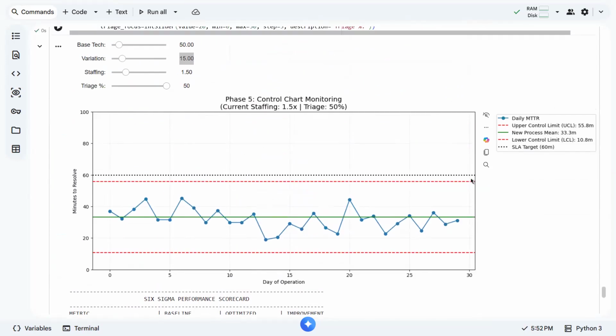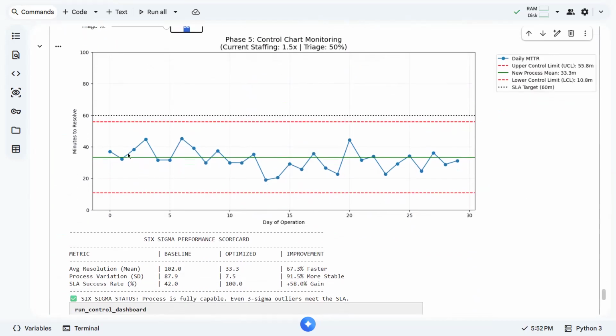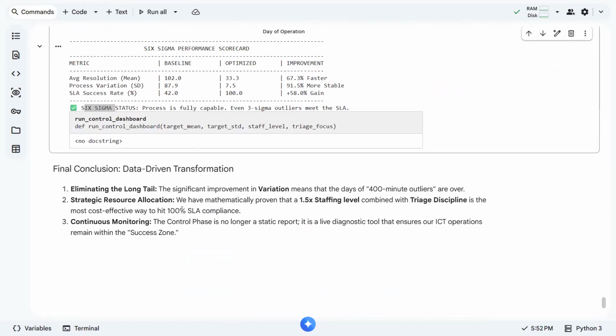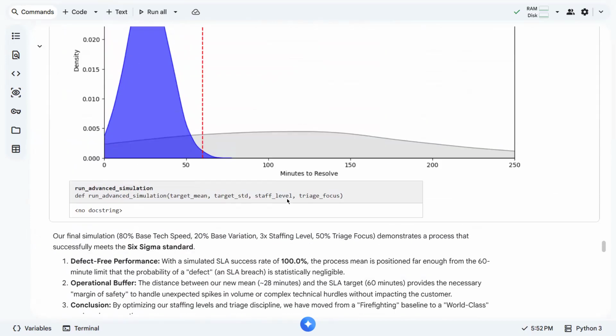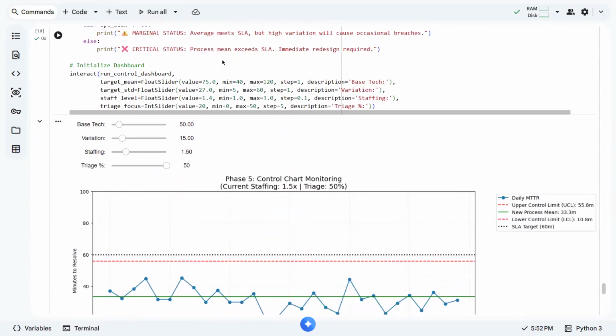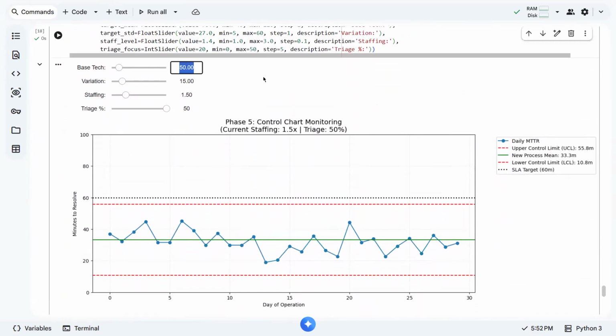As you have seen earlier, increasing it by 50%, we can actually have smaller variations. We can reach the Six Sigma standard. Aside from boosting the technology, but not too much, in our simulation earlier we limited it to 80% of boosting, but in actuality we just need 50.